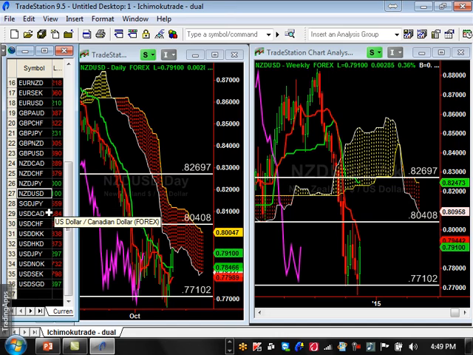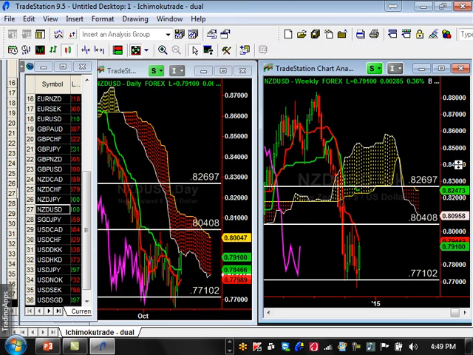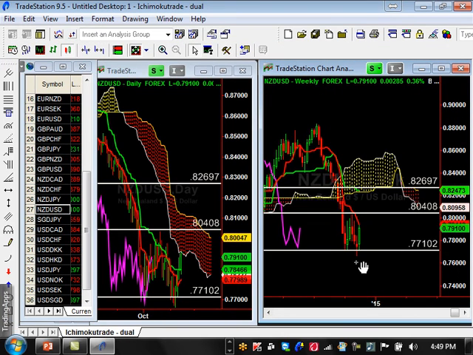New Zealand USD here, you could see this is basically bearish on this side. You can see it basically got to our support here. So this is stopping this nice big bearish trend on basically the weekly time frame. It's got to break this in order to continue to go lower. 77.10 is a major support level for the New Zealand USD, and you could see the resistance here is going